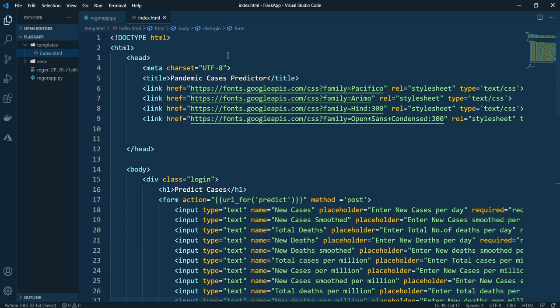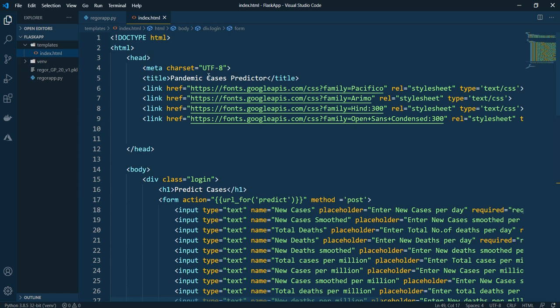Else, what happens is, if you use browsers apart from Google Chrome, Internet Explorer or Firefox, or if you use Safari or any other browser, due to some issues, or if the browser is not updated, then it will not display the web page properly. So make sure you conform to the W3C standard itself.